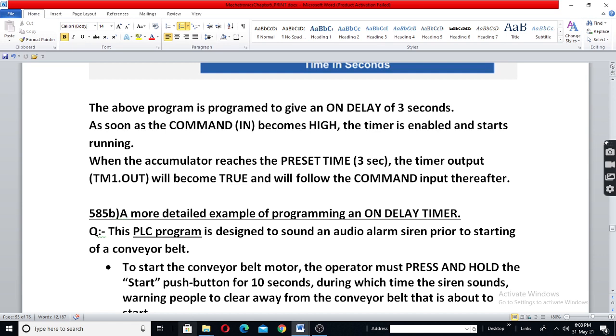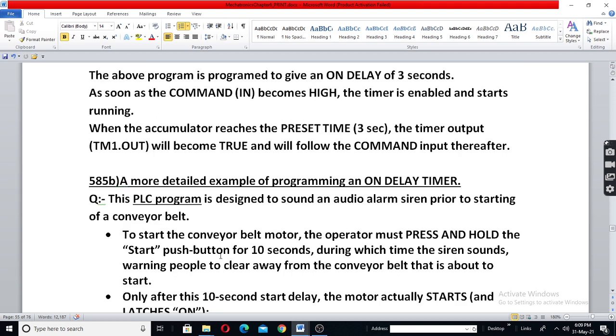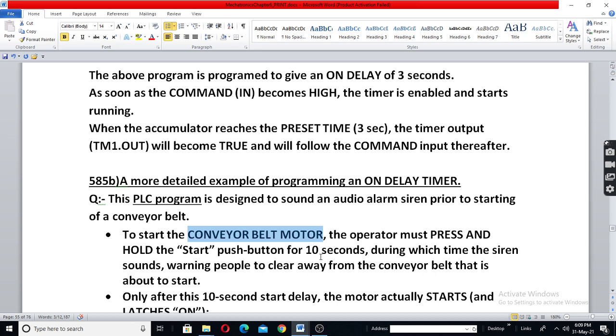Say, for example, in a star delta starter, it should first be in star, then after say 3 seconds or 10 seconds, it should go to delta. Or a better example: suppose in a factory you want to start a motor, which is a conveyor belt motor. It is used for conveying material from one place to another.